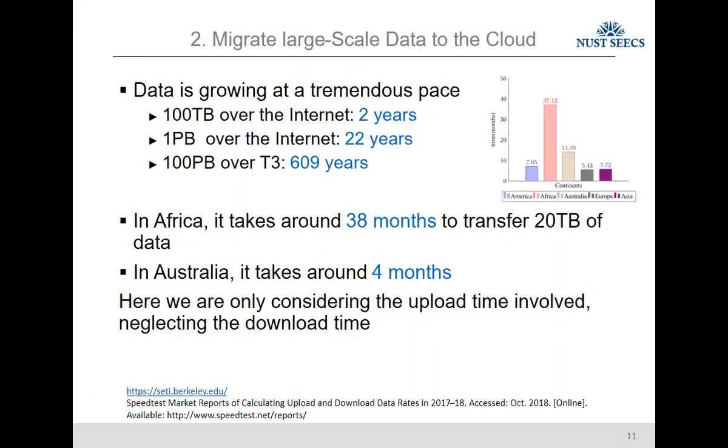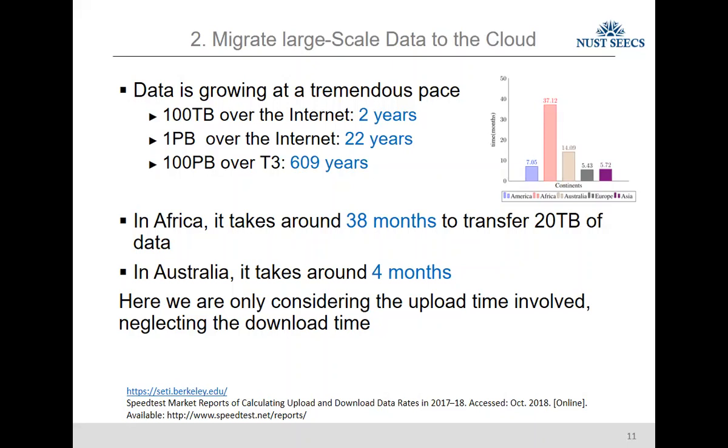Okay, so we start looking into the data migration between this edge network and the cloud data center. The idea is that the company has stored the data initially at the edge network, and the size of the data has reached terabytes or petabytes, and now they want to transfer the data to the cloud data centers, and there are intermediate nodes between these, right? Why do they want to transfer the data to the cloud data centers? Because they want a global learning model, right?